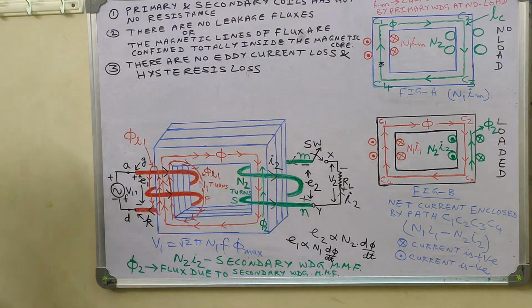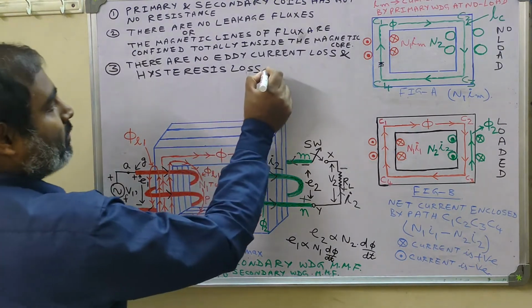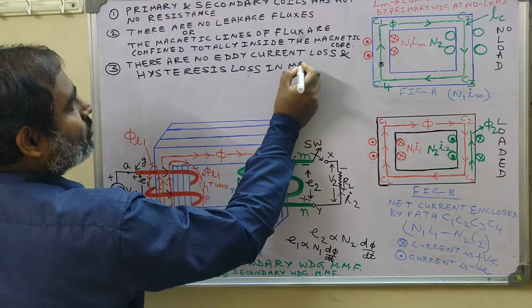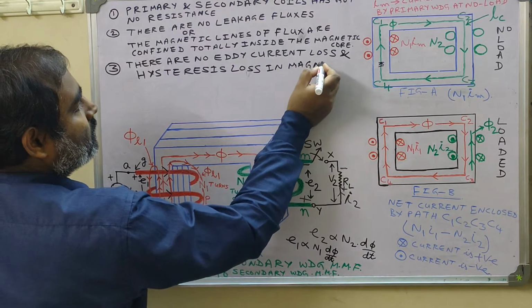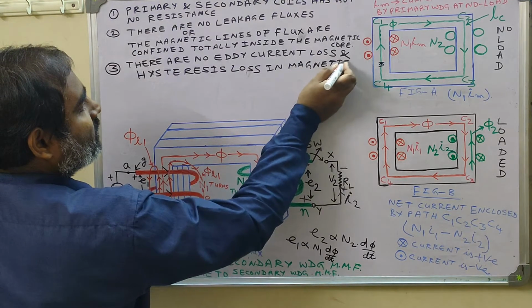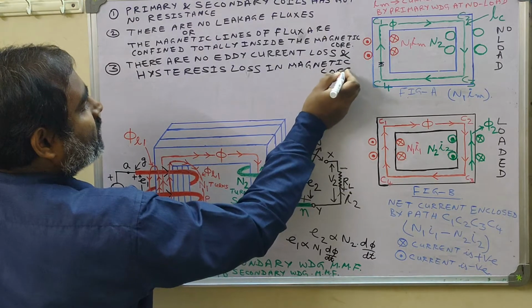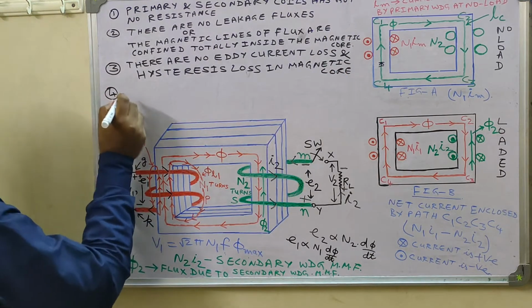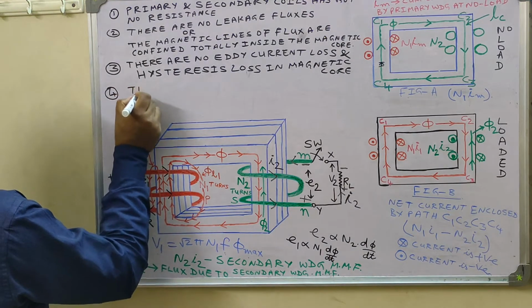There are no eddy current loss and hysteresis loss in the magnetic core of the transformer. So this is our third assumption in the magnetic core. Now what is our fourth assumption? Fourth assumption is that the